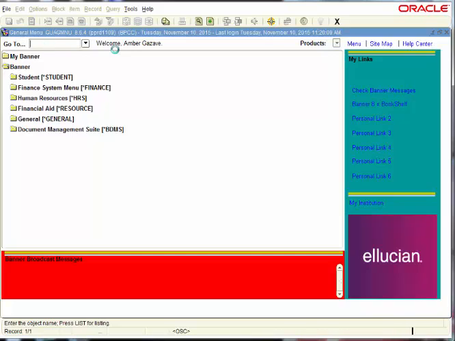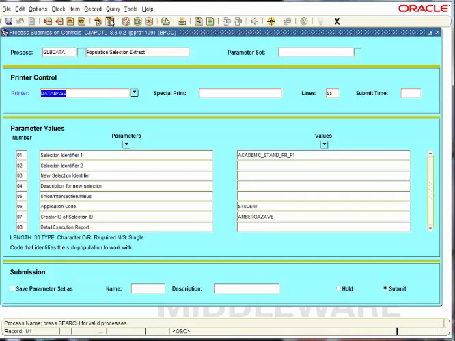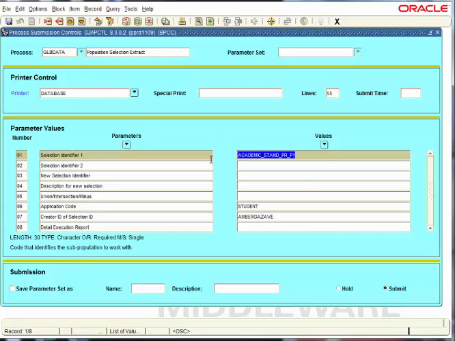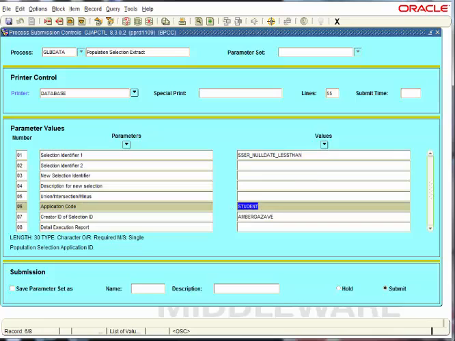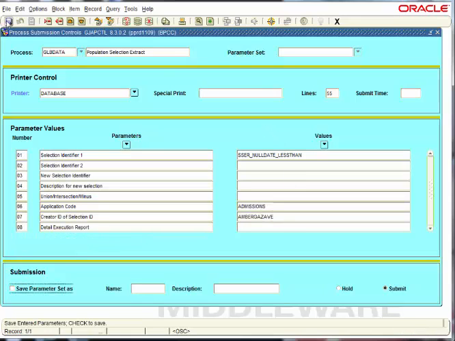emails. So you may go to GLBDATA, perform enter. Then you're going to perform the next block twice. And in parameter number 1, you're going to enter SSER_null date_less than. And then in parameter number 6, you're going to type in admissions. And remember, this is all in the LCTCS admissions workbook. And then parameter number 7 is going to be Amber Gazav. You're going to perform a next block, and you're going to select Save.